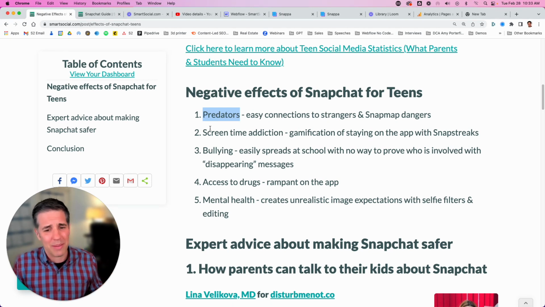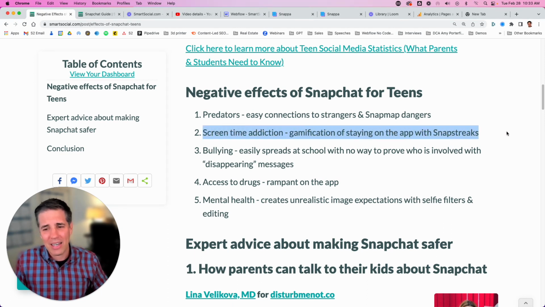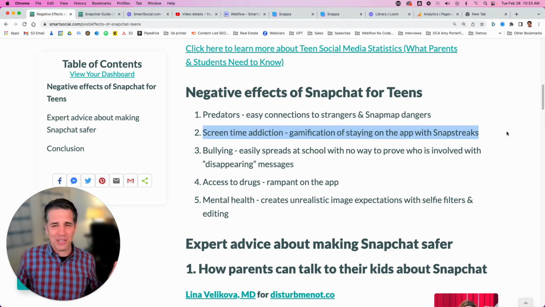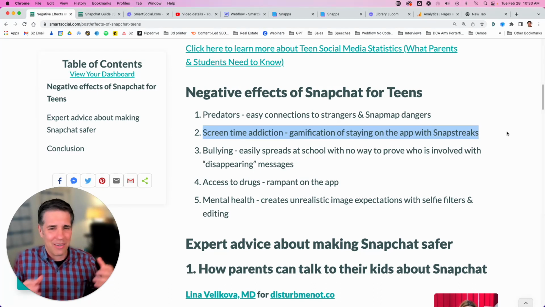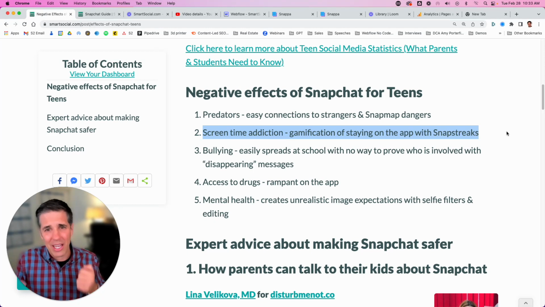Number two is screen time addiction. Many of us are on that a lot, and they gamify it and keep us on the app. Now, students, you may have known about Snap Streaks. A few years ago, a lot of students wanted to make sure they opened Snapchat every single day because they want to be able to send information back and forth to their friends to keep that streak going so they can keep that numerical number up. I'm giving you permission to just drop that number, forget about it. You don't need it as much anymore, but there's all these other tools and apps out there now that are kind of taking over Snap Streaks.